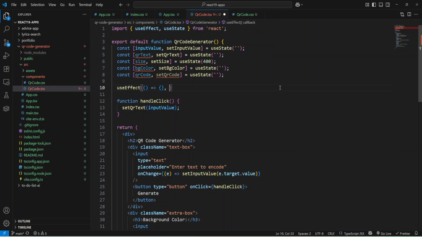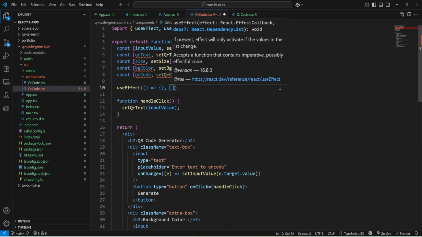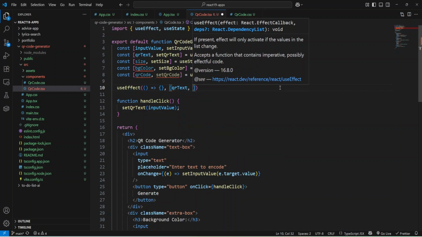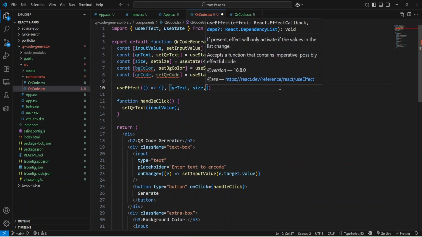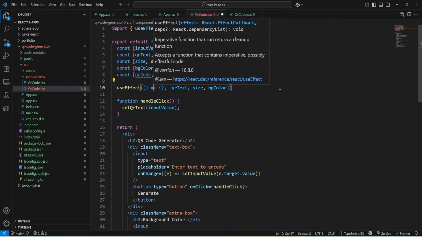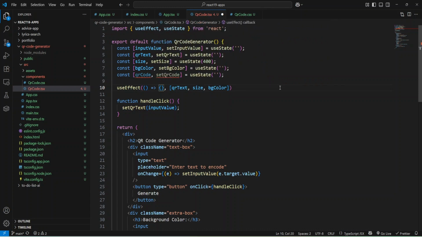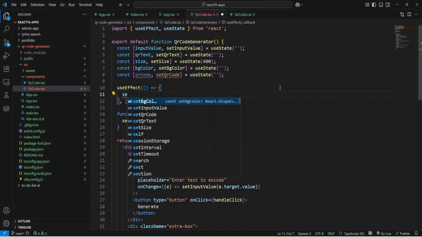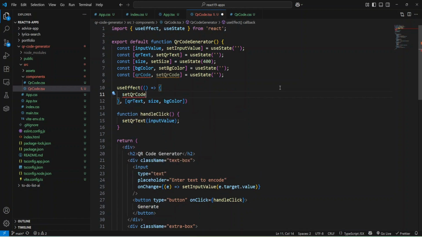Okay, and also I'll specify a dependency array, and every time when QR text or size or background color is changing, the function will be called. And now I'm going to provide a value for my QR code, and for that I'm going to use the setQRCode function from my state.